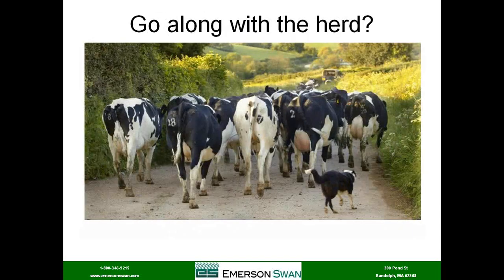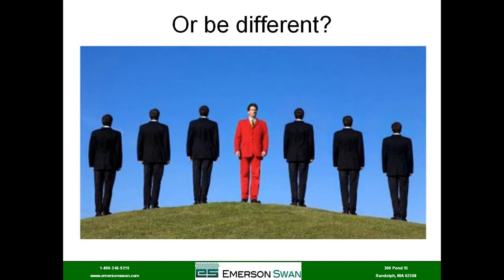Are we going to go along with the rest of the herd? Because that's what your competition is putting in. Everybody wants to put these things in, and that's what they're doing. So you're going to go along, you're going to be like everybody else, or maybe separate yourself from the herd and be a little bit different and offer those consumers maybe a more attractive